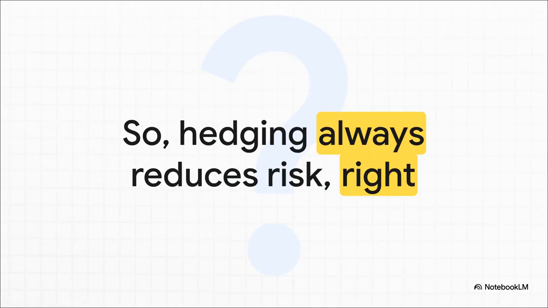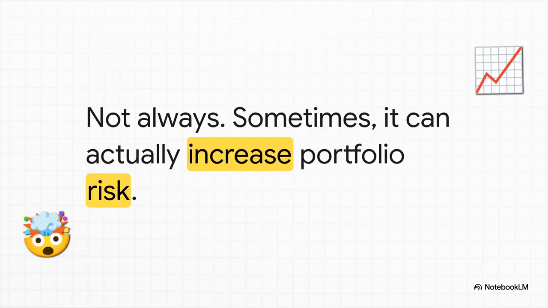This leads us right to the most common assumption people make. You hear hedging, you think reducing risk. So using it must always make your investment safer, right? Well, the answer is surprisingly complicated. Believe it or not, in some situations, getting rid of the currency component actually makes your investment more volatile. You're stripping away something that was secretly acting as a shock absorber. How is that even possible?